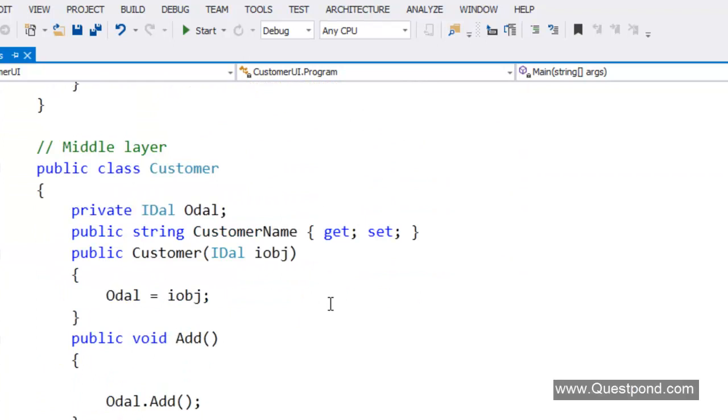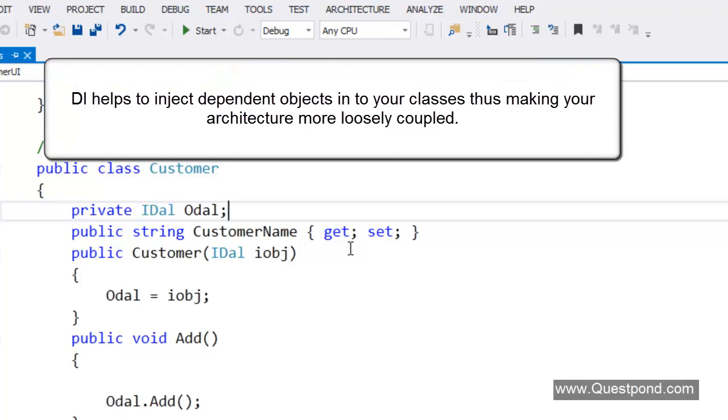Okay, dependency injection is nothing but a technique by which we can inject dependent objects of a class. So for example, in this example, we actually injected the data access layer object using the container, or using the Unity application block, right? So what we did, we created the object of the Unity application block container. We said, okay, these are the objects, and whenever you say, give me customer, the Unity container injected the Oracle data access layer object and gave it out to you, right?